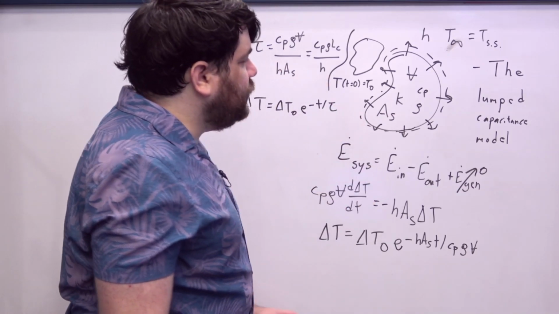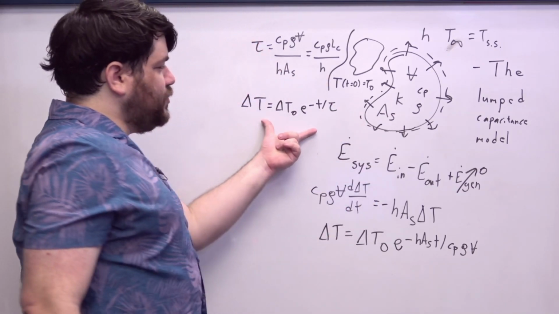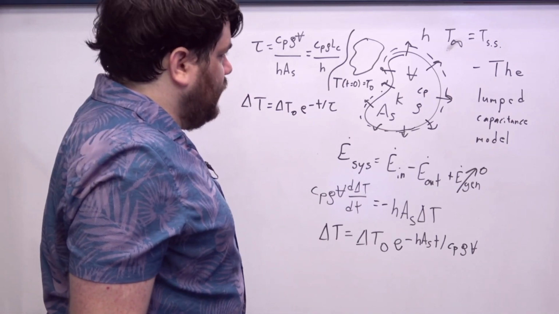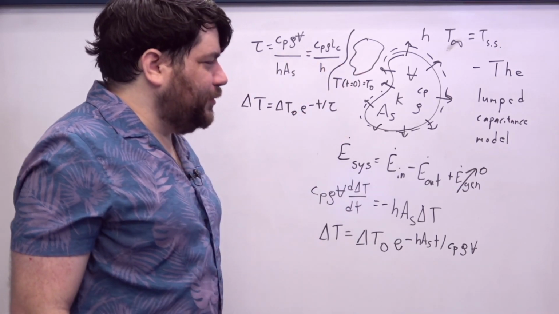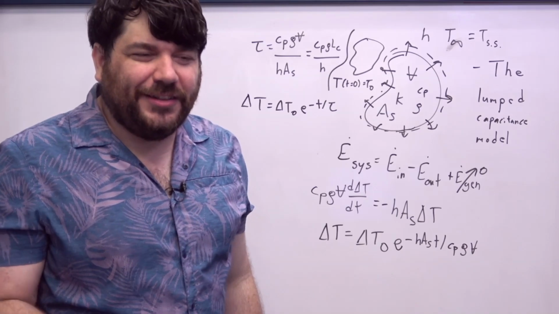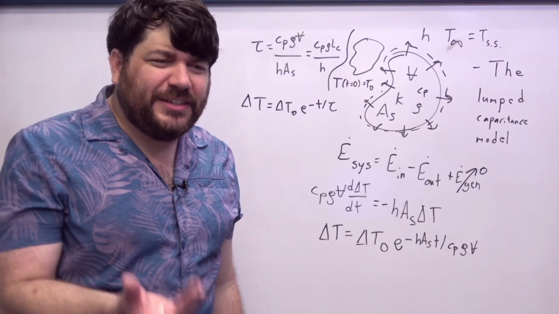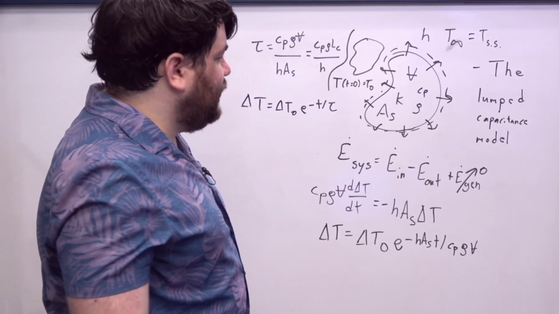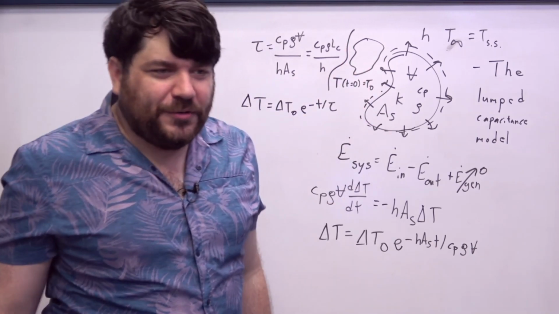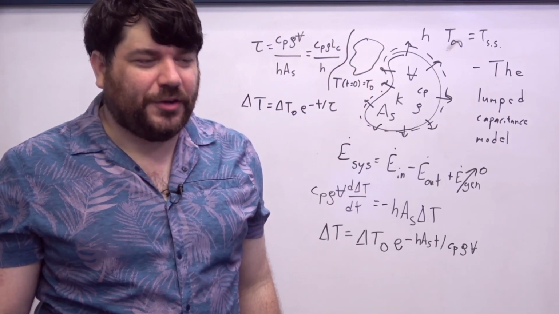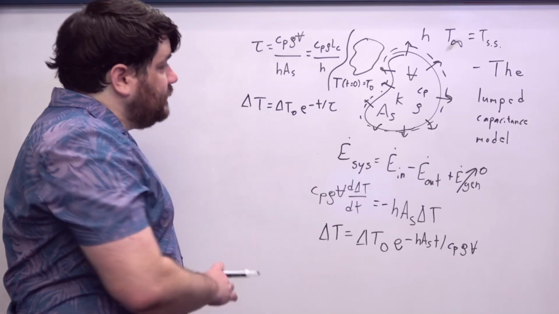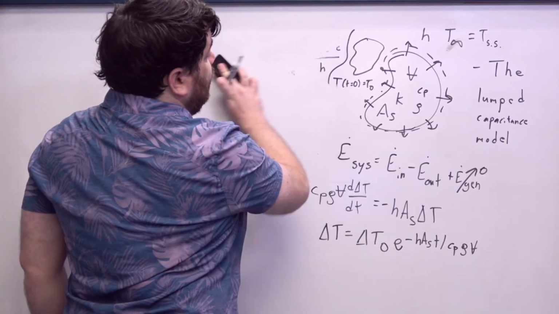And this model is usually referred to, right? This equation and this way of modeling a system whose temperature changes over time is usually called the lumped capacitance model. And the reason that it's called the lumped capacitance model is because this object is behaving almost like a capacitor in a thermal circuit. Right? You can imagine, although we won't stretch